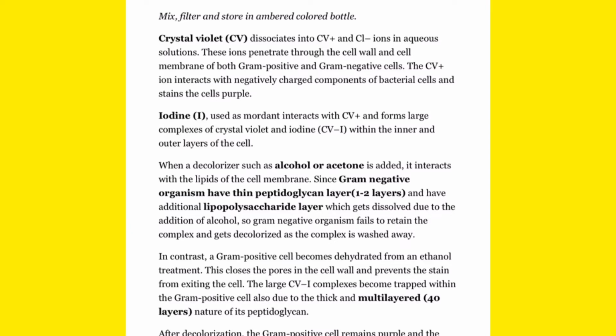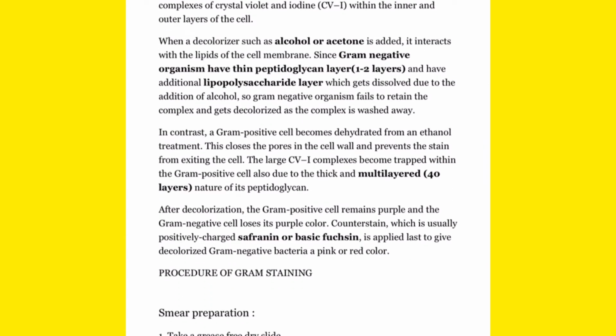So the gram positive and gram negative bacteria: those which are negative will be connected with the chloride ion, and those which are positive will be connected with the crystal violet solution. Now the iodide sample, this is the negative ion bacterial solution. They will connect with the crystal violet, moderate interaction, and large complex formation will form on the inner wall of this. When the decolorizer is used, that means acetone or alcohol, they interact with the